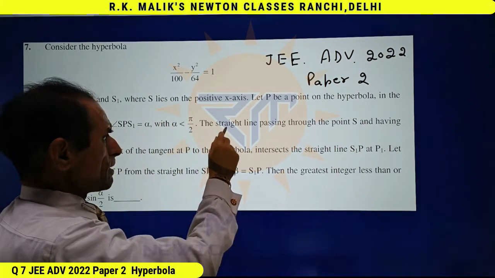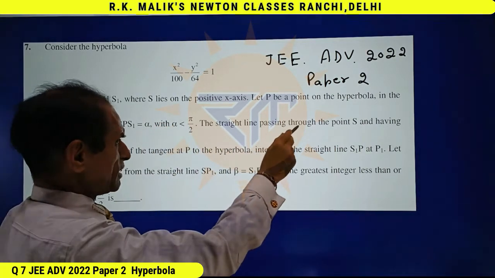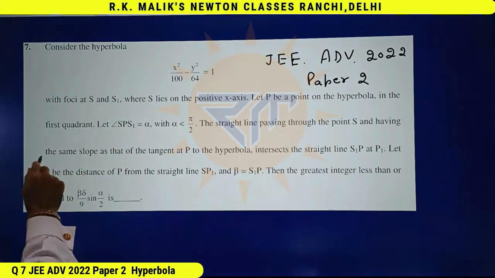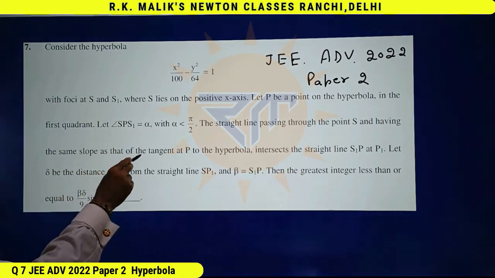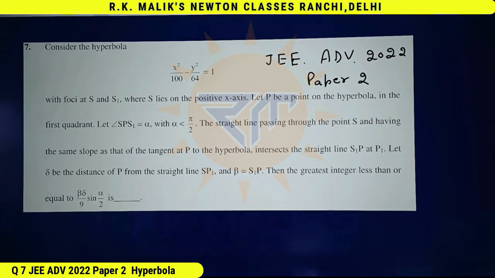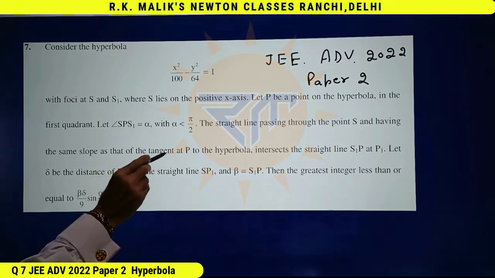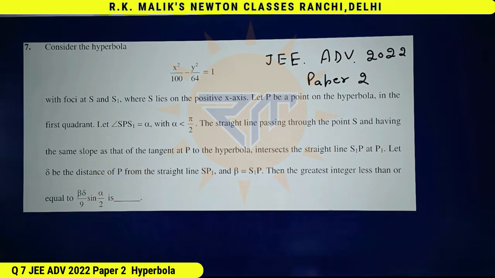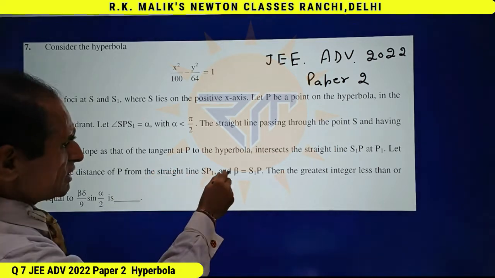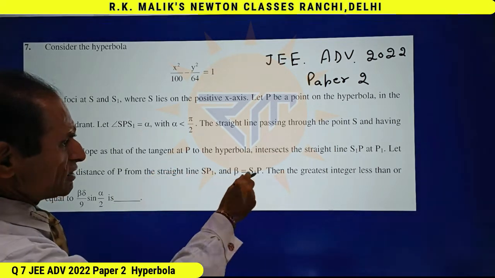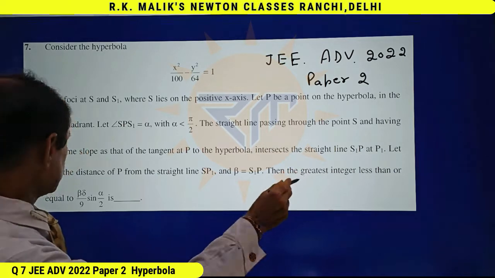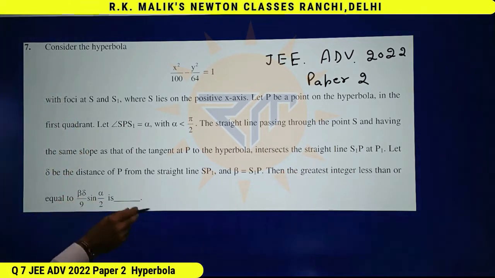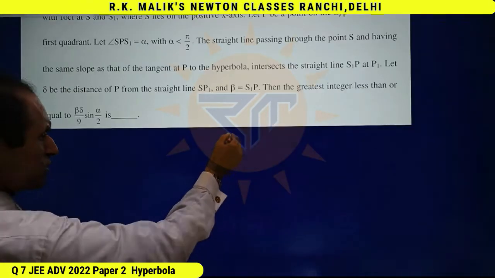The straight line passing through the point S and having same slope as that of tangent at P to the hyperbola intersects the straight line S1P at P1. Let delta be the distance of P from the straight line SP1 and beta is equal to S1P. Then the greatest integer less than or equal to this is. According to question,